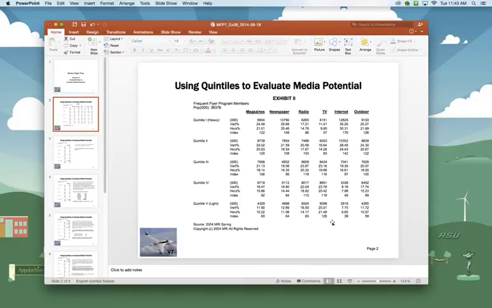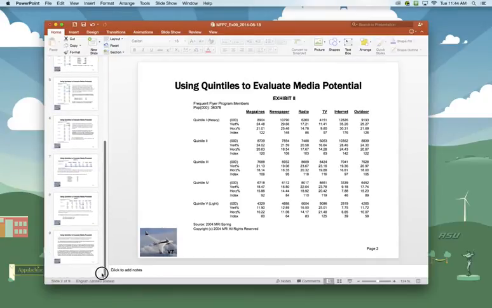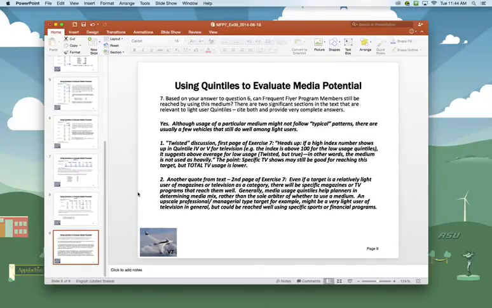And the reason that we're looking at this in such a way is because for the people who watch television, they're going to be the least likely to be in your market based on usage alone. So in this case, 119 and 125 are great numbers, but they're only used within a very small population within the quintiles. So I hope that makes sense to everybody, and this will show you a little bit more of what that means. So number 7 kind of looks at this in terms of saying